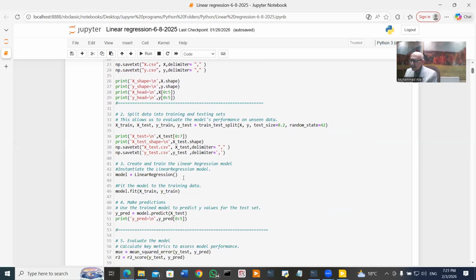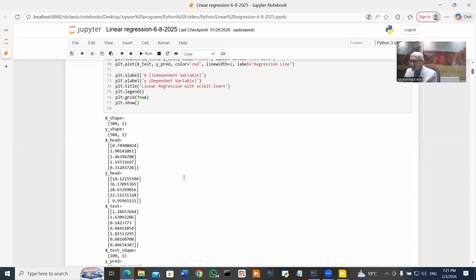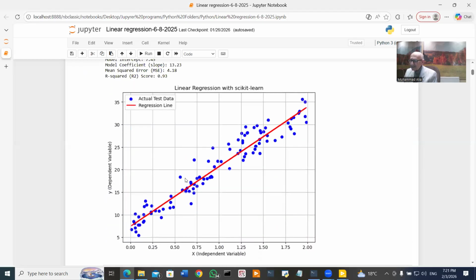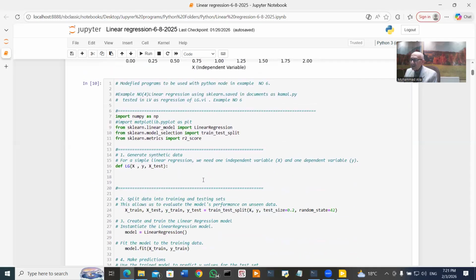To do that, I should have done the same program, but a little bit modified so that it could be used with LabVIEW. So first of all, I am not going to use matplotlib pyplot in LabVIEW. It is not required there, so I have taken it out by this hash sign here, and I keep the other required